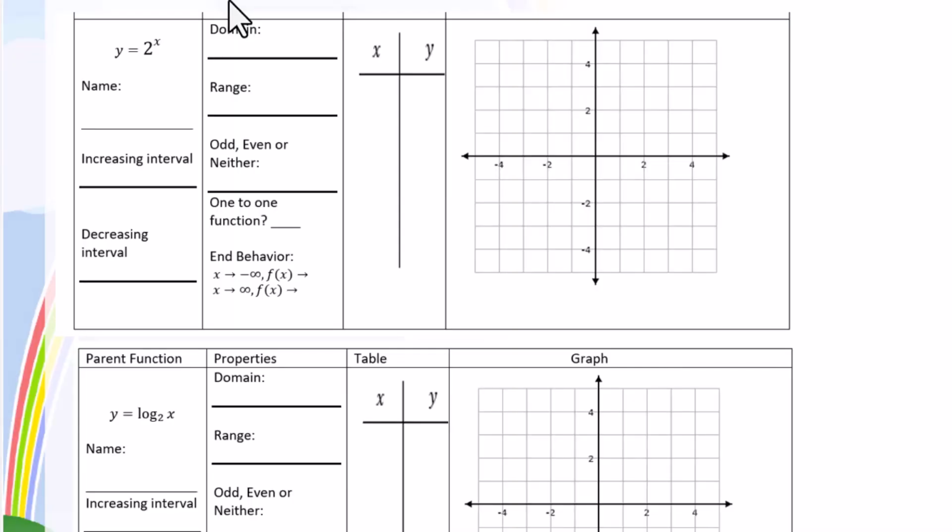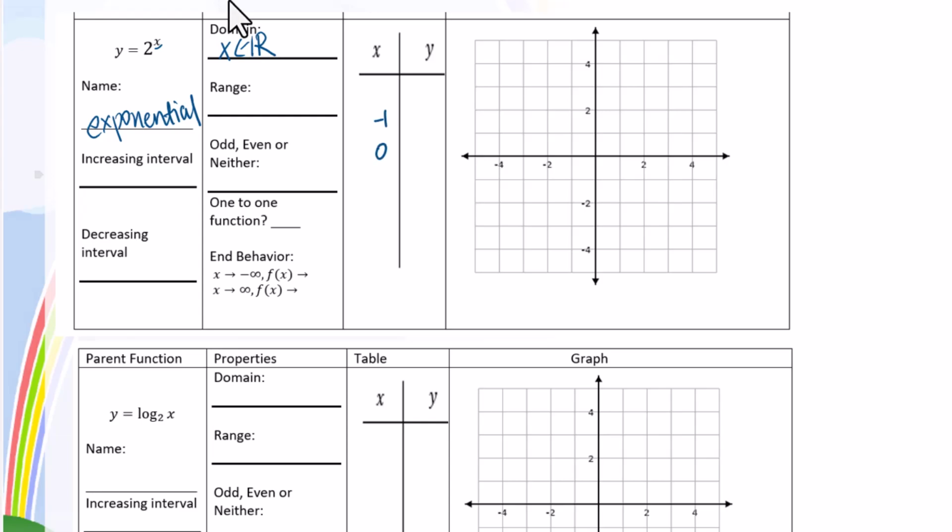y equals 2 to the x power. This is an exponential function because the variable is the exponent. Domain is all real numbers. Let's make a table. 0,